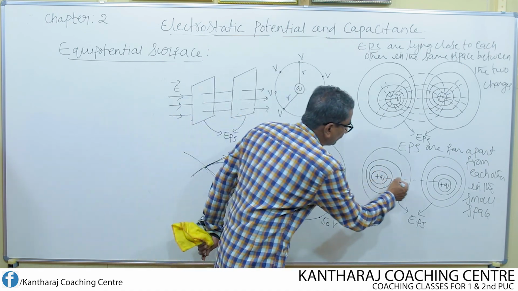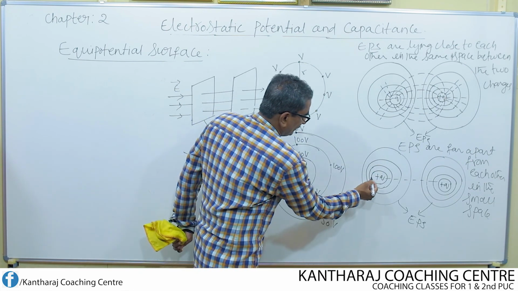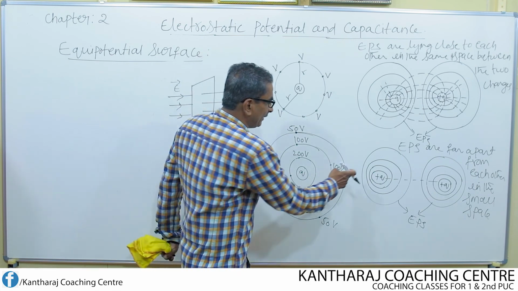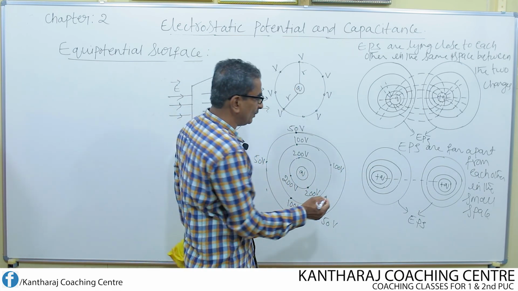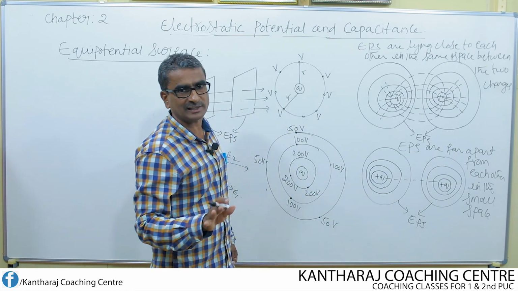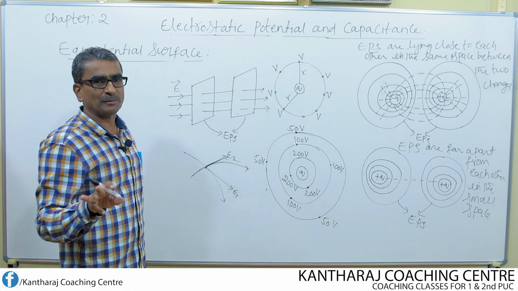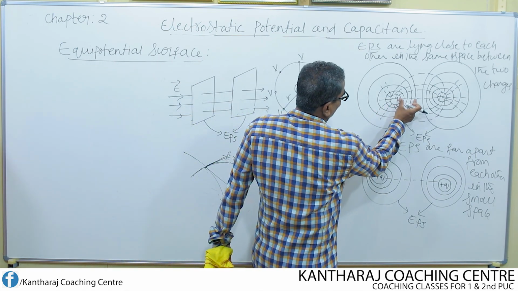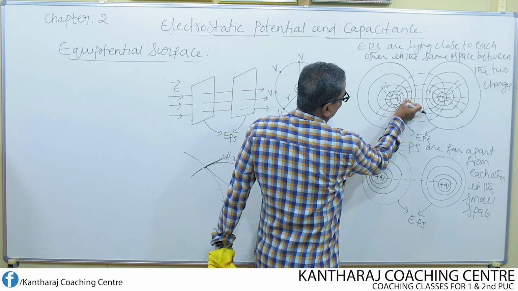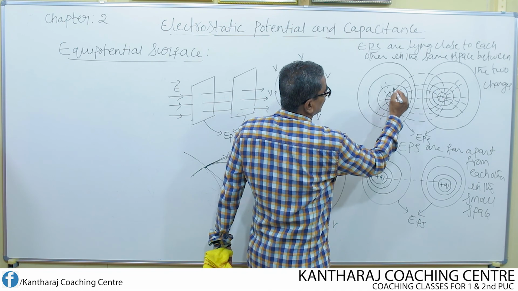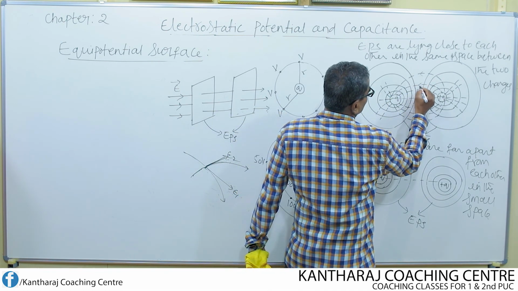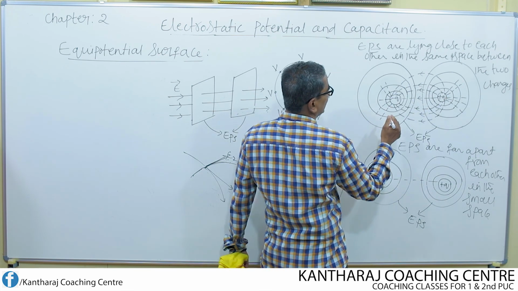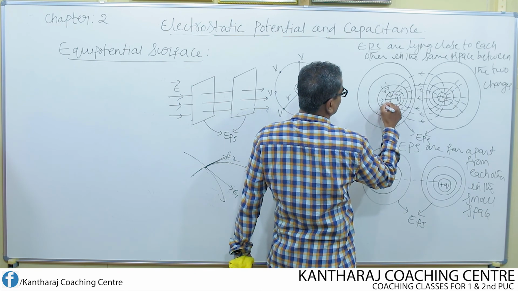Similarly, here no two equipotential surfaces intersect or make contact with each other. You can notice even from this diagram, there is always a gap between successive equipotential surfaces. The gap may vary, but they are not making contact. One equipotential surface is not making contact with another. So, we can draw two properties based on these figures. One is, look here, wherever the equipotential surfaces are close, the electric field is stronger. How do you say? Look at this. This is nothing but the direction of electric field, which is always from positive charge to negative charge. Understand? Like this.